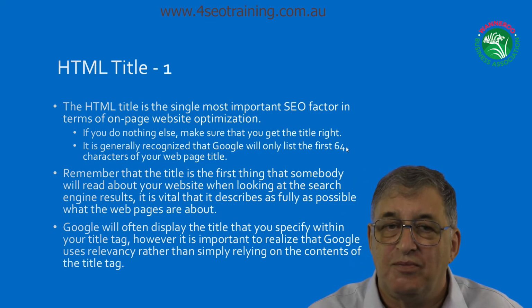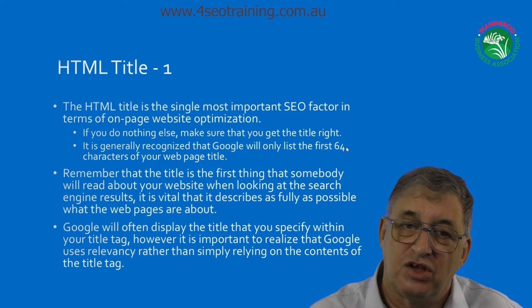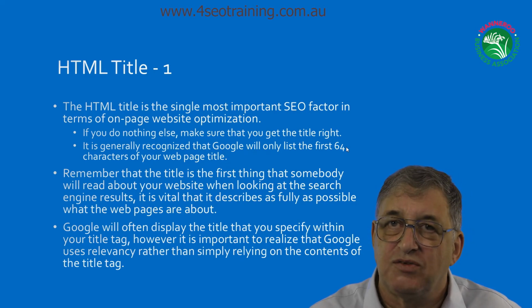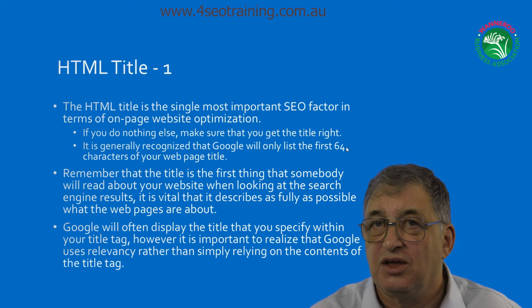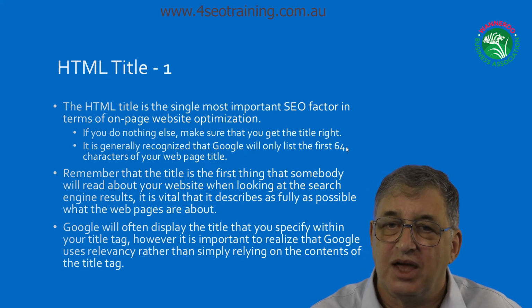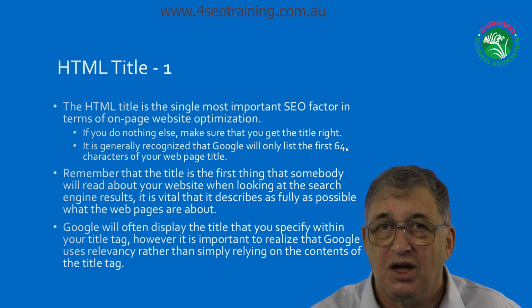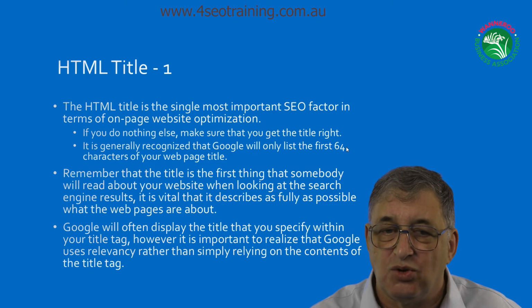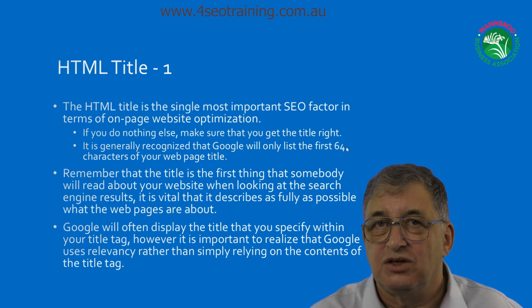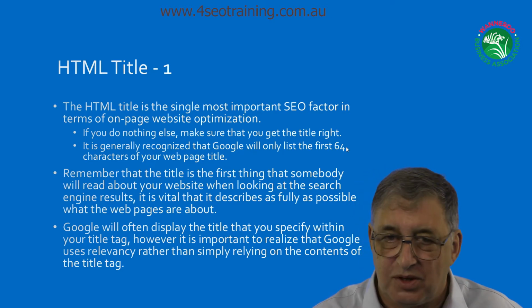What they're typing in or searching for is my product or service, in that case, SEO training. So the title on my SEO training website would be SEO Training Perth, and then some other stuff, but it would start off with the really important stuff. And you've got to make sure that all your titles are exactly crafted to describe what that page is about.